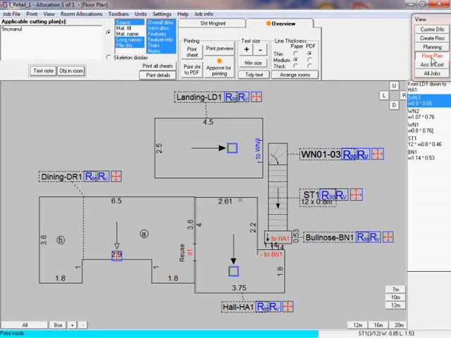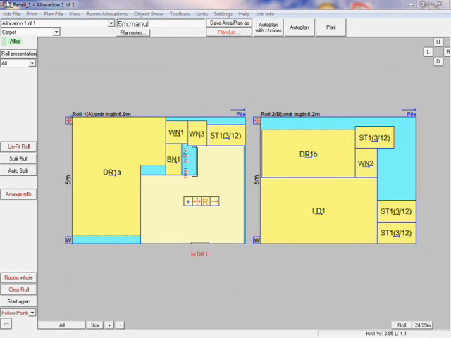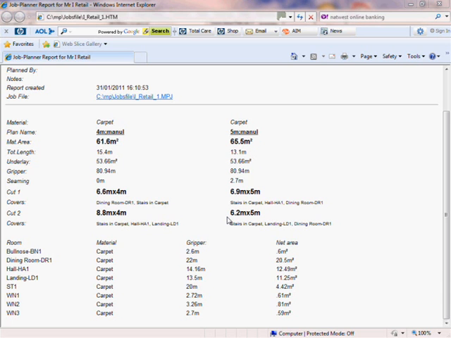The floor plan automatically shows the seams which have been created, so the customer can see and approve the seam positions. With the plans done, we can see the quantification report, which gives us all the quantities we need to